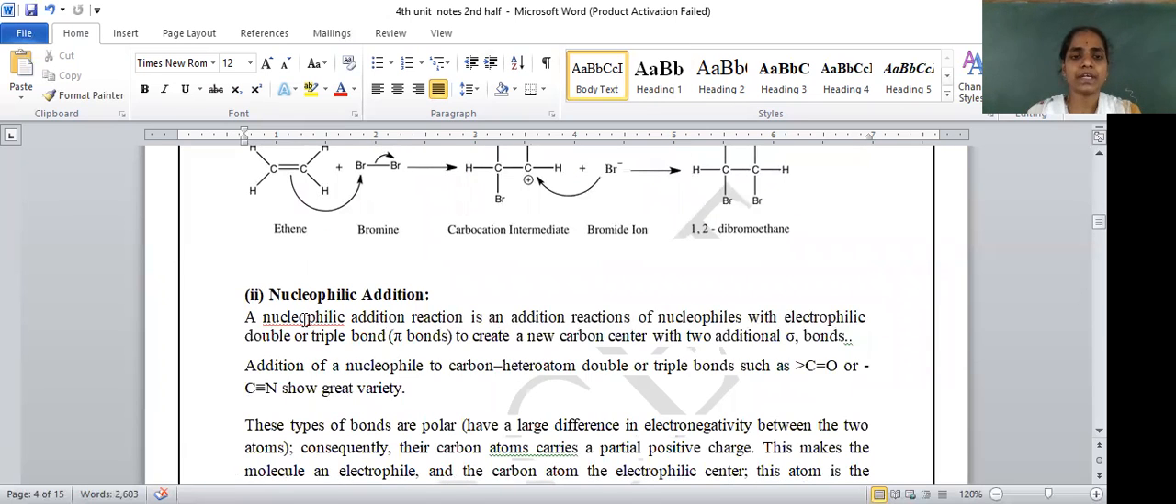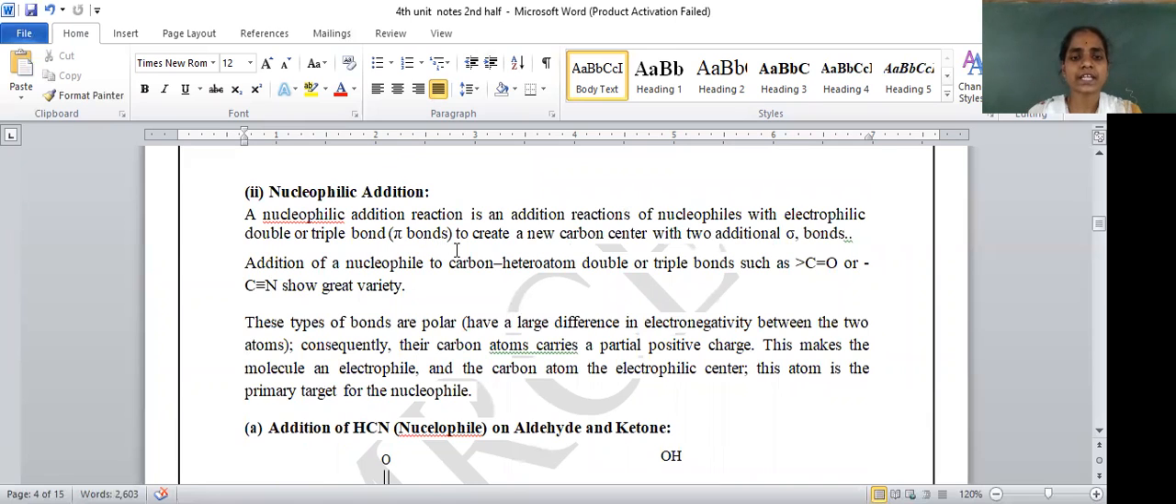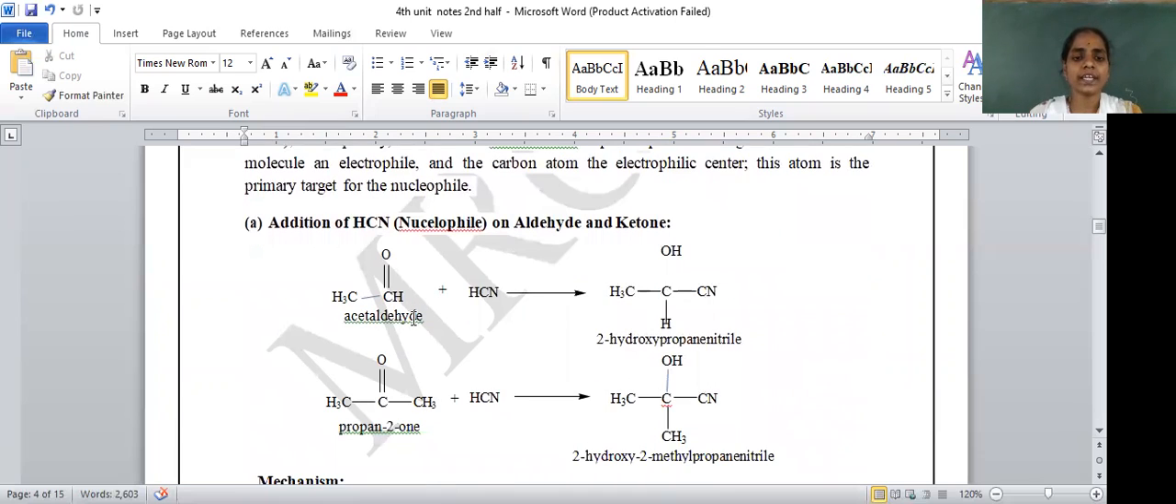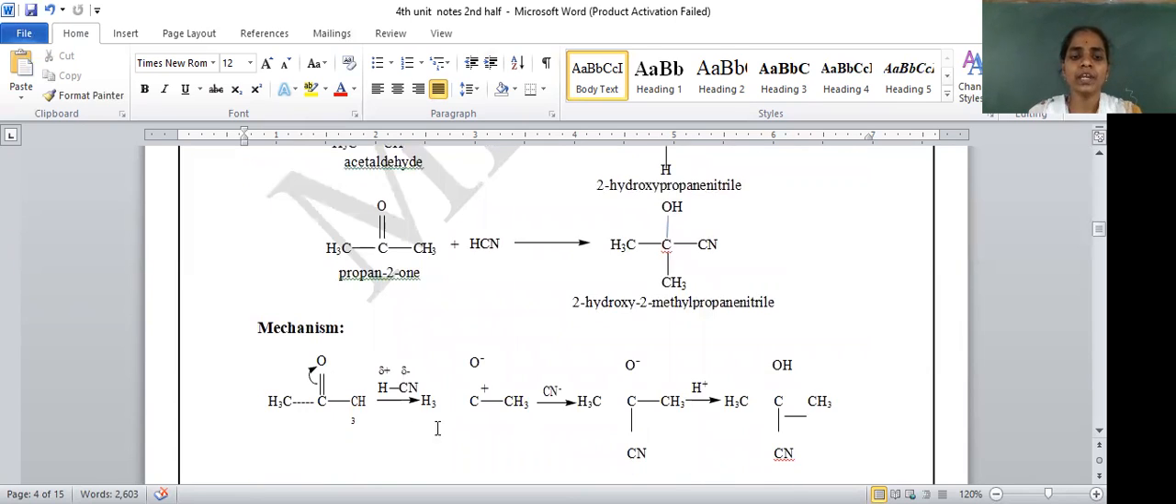And next is the type that is the nucleophilic addition, where the addition reaction takes place with a nucleophile. First is the addition of a nucleophile. Here we take the nucleophile HCN, hydrogen cyanide, with aldehydes and ketones. When HCN is added to acetaldehyde and propanone, the products formed are 2-hydroxypropanenitrile and 2-hydroxy-2-methylpropanenitrile. This is the mechanism involved in